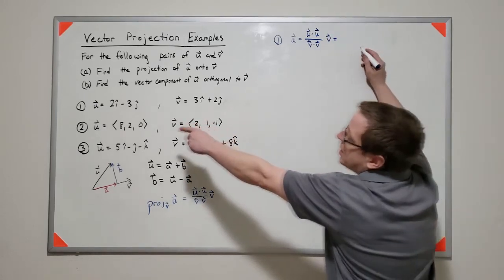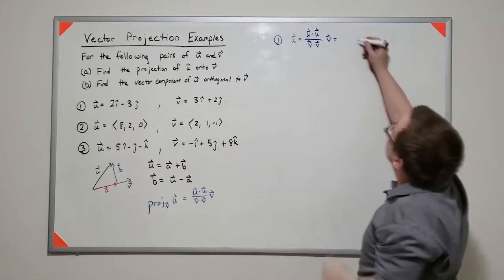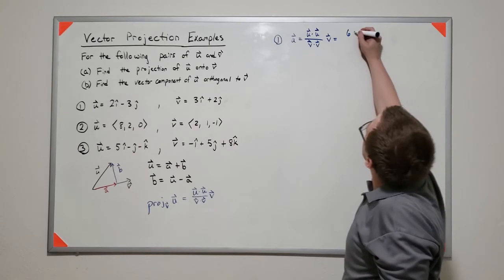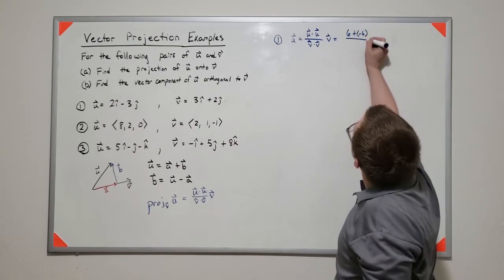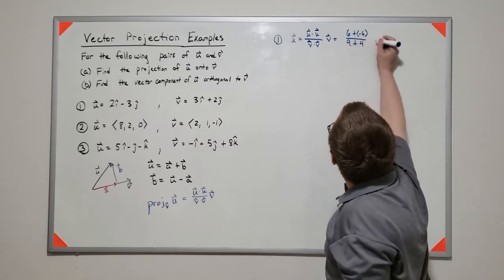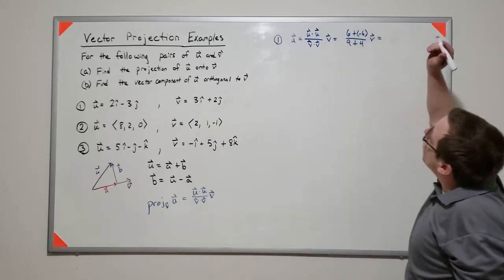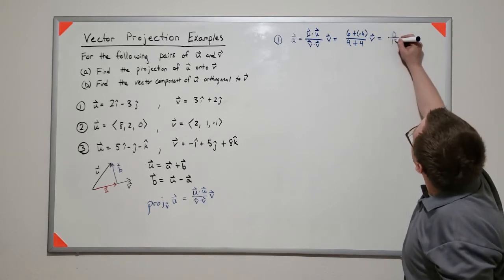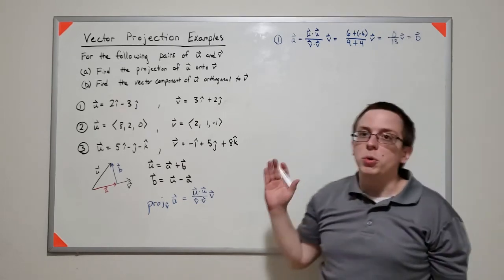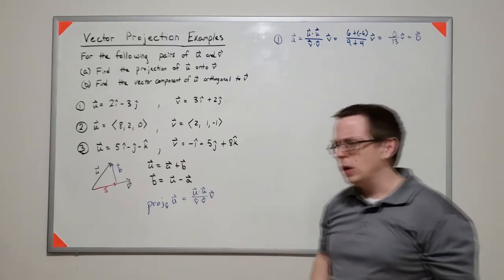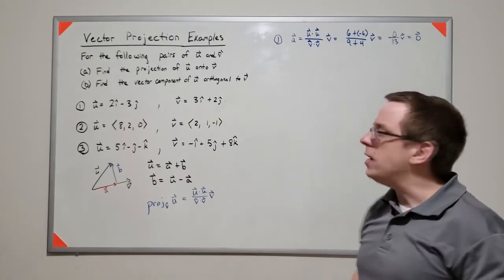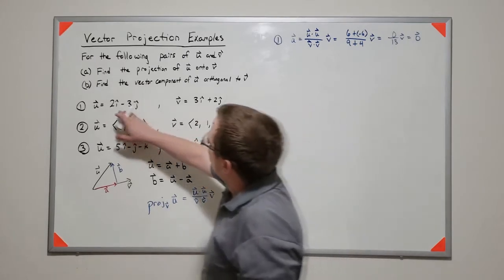So in this case, that's 2 times 3, so 6, plus negative 3 times 2, plus negative 6, over, well, in this case, v dot v is 9 plus 4. But what we find here is that's just 0. So the projection is actually the 0 vector. So you think to yourself, well, wait a minute, the projection's the 0 vector. Well, yeah, that makes sense because